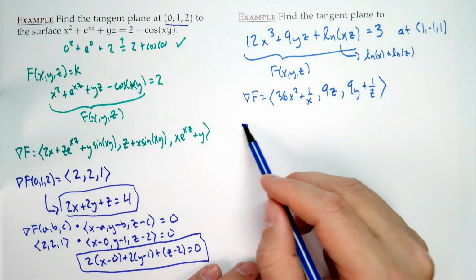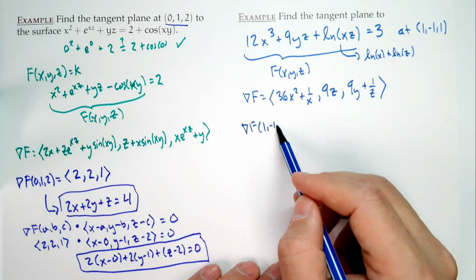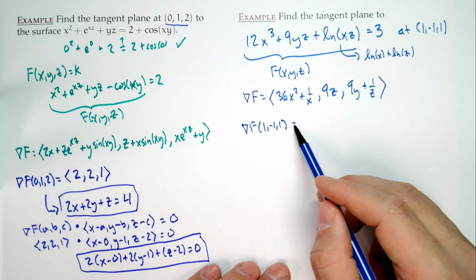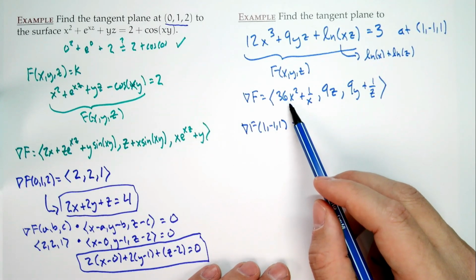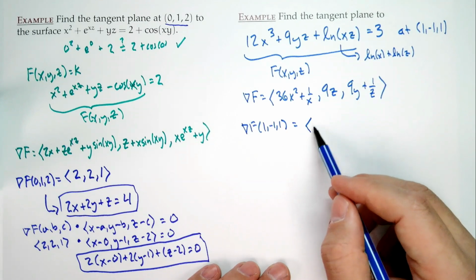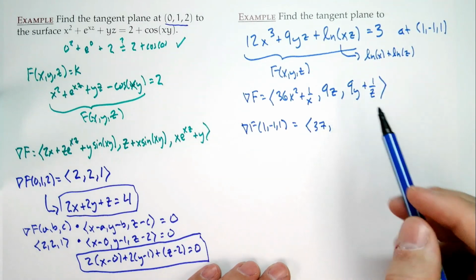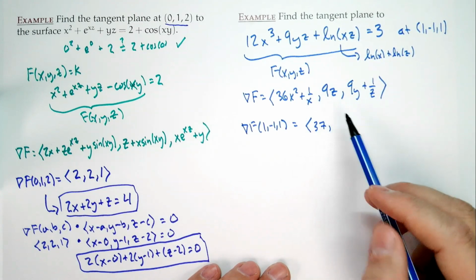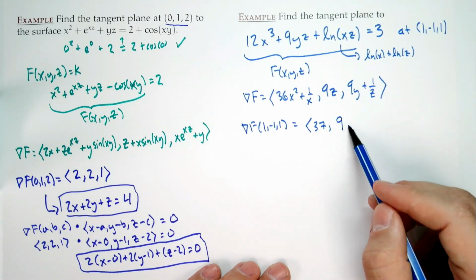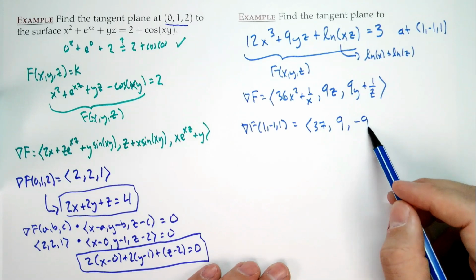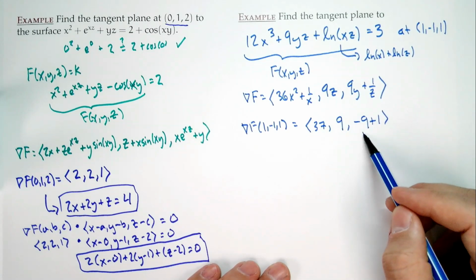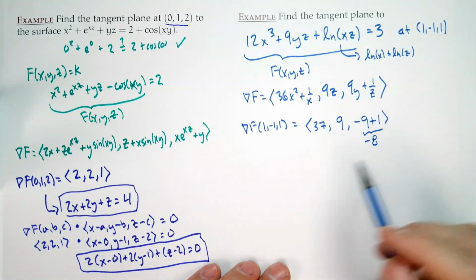Evaluate. So gradient of f at 1, negative 1, 1. So where we see an x, we put a 1. So we get 36 plus 1, which is 37. Here, where we see a z, we put a 1. So that would be plus 9. Where we see a y, we put minus 1. So this would be minus 9 plus 1, which makes this, of course, negative 8. So we end up with